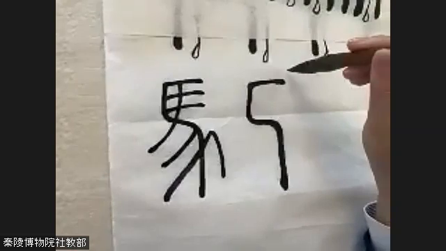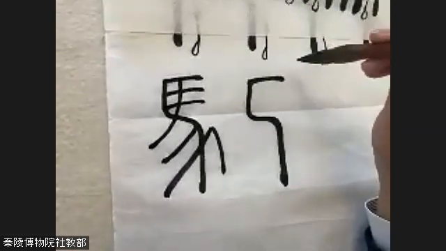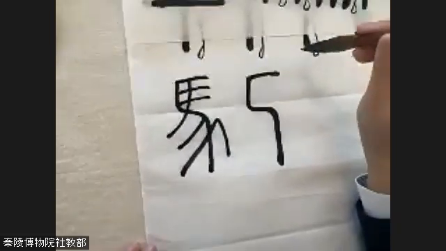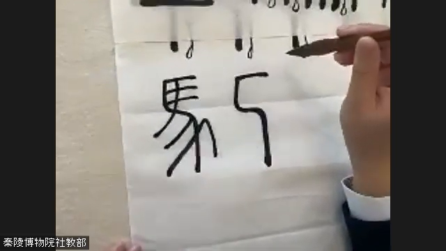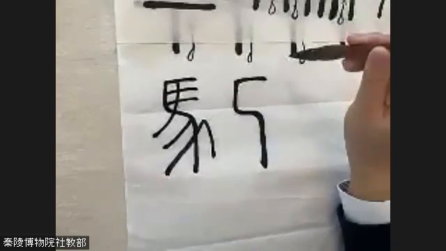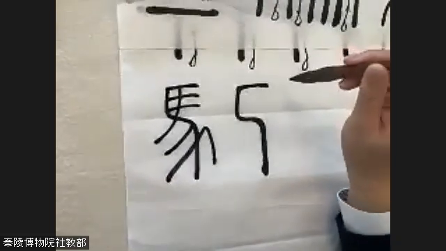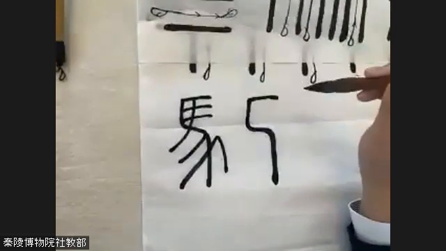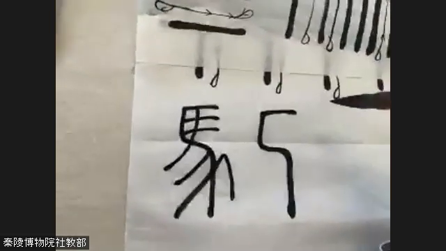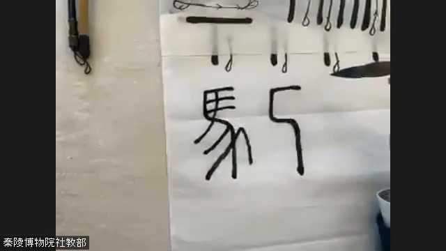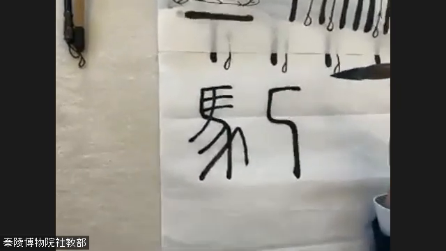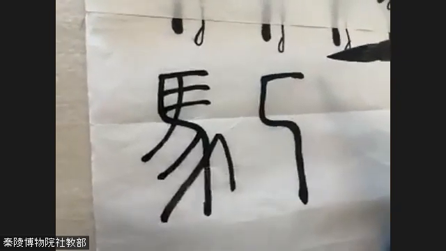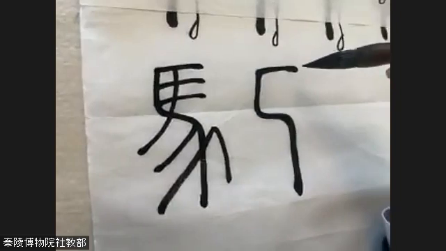Then there is a straight bend. 再写了一个直弯，一个横加一个直弯。给大家一些时间。We'll give you some time to try to practice these two strokes, and then we'll move forward. 那我们接着写下一步。